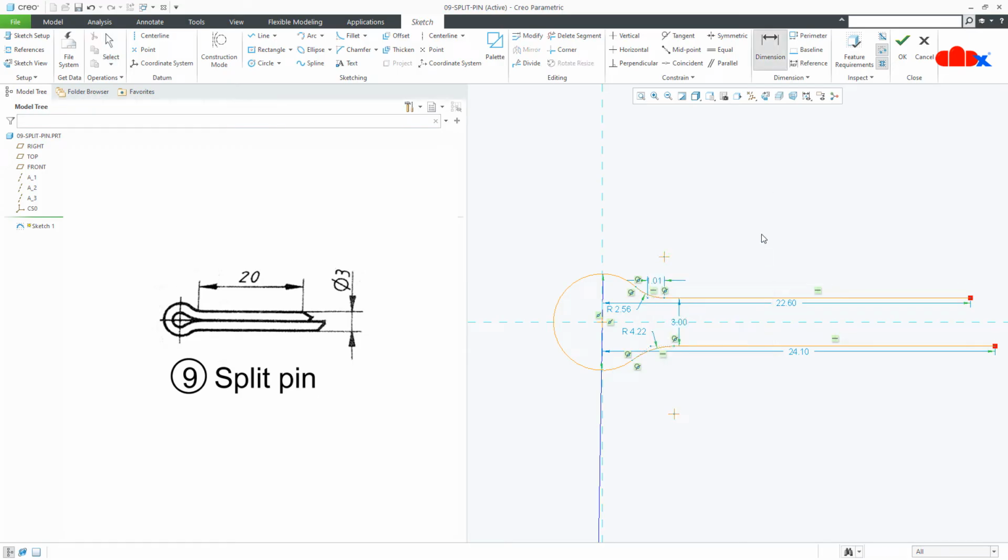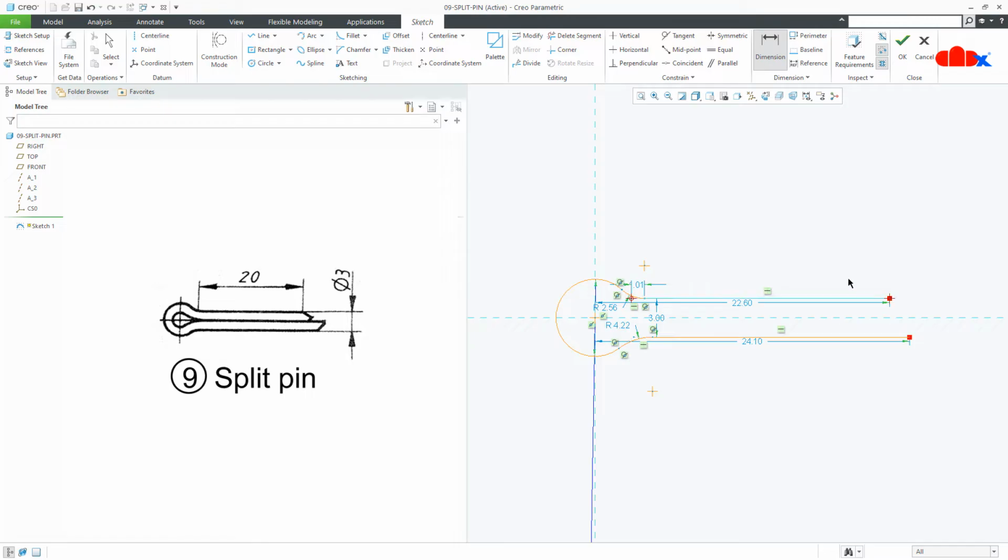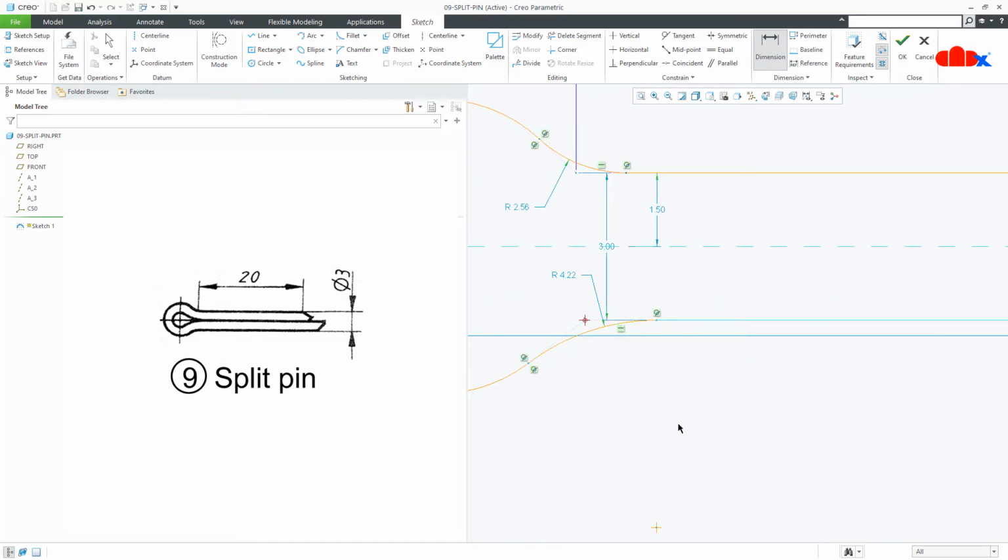Once again I'll add the dimension. So from here till here this is 20 and from here till here this is 21.5.